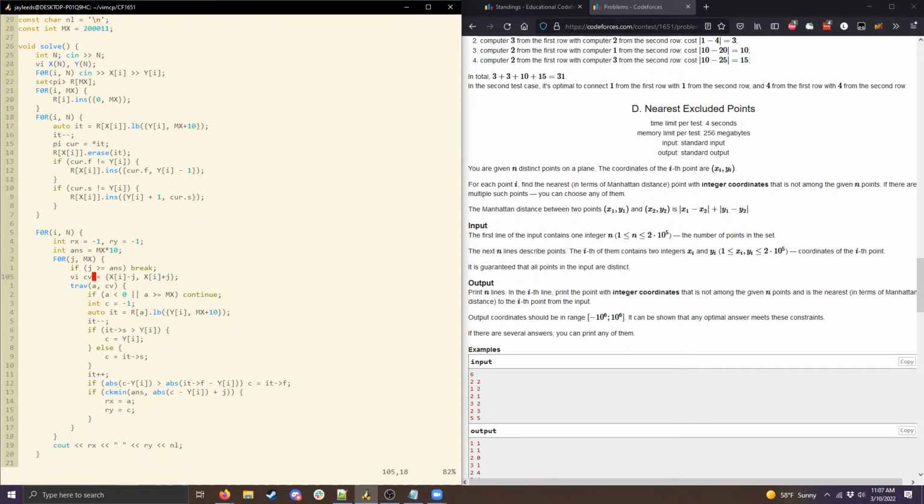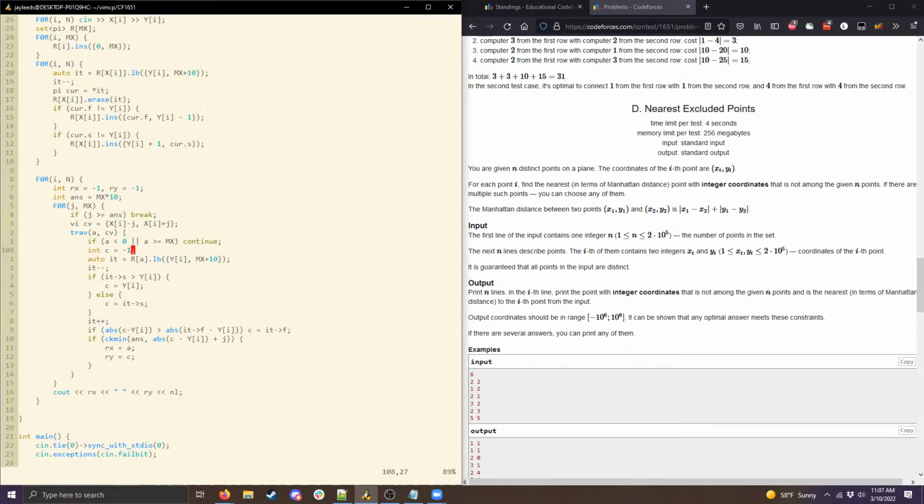And then for simplicity, I use this vector CV that stores the current values of x that we need to check: x minus j and then x plus j. Then for each, c is the optimal value of y corresponding to this x, initially -1. The first thing I do is find the next range before our value of y, and if this range in fact contains y, meaning its second value is greater than y and its first value is lower than y, then I use y as our y coordinate, because that's definitely the best we can do. And otherwise,